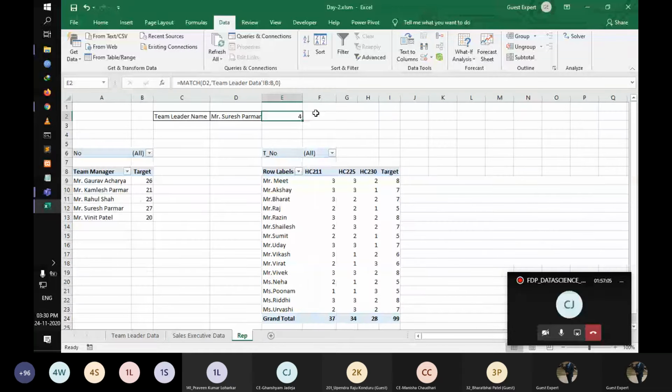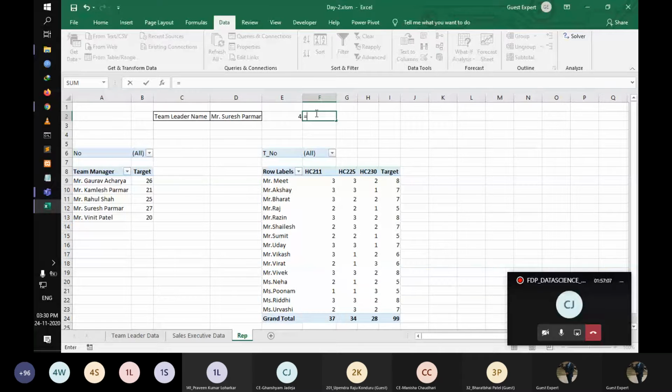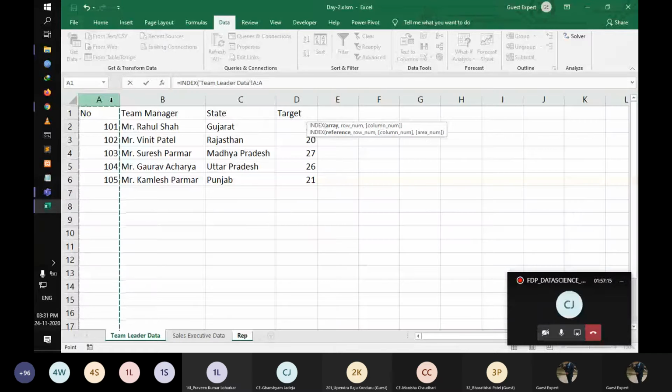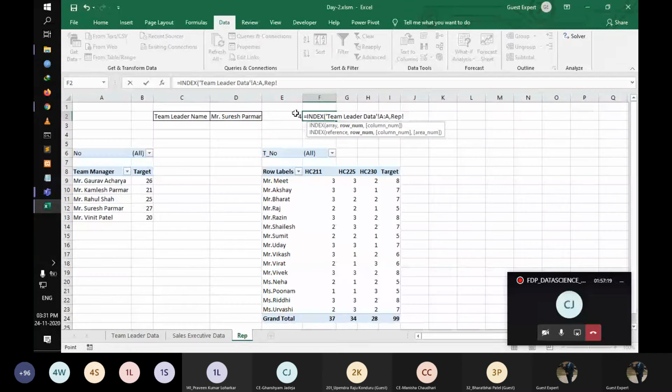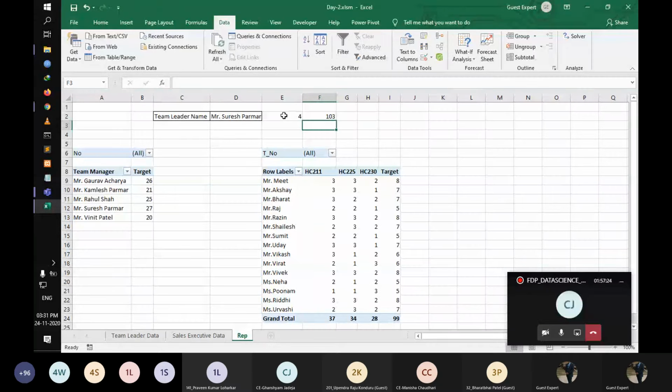So with this number, we're also getting the index. We take the array. So we select this array, comma, row number. This is the 4 row number and bracket close. So Suresh Parma.